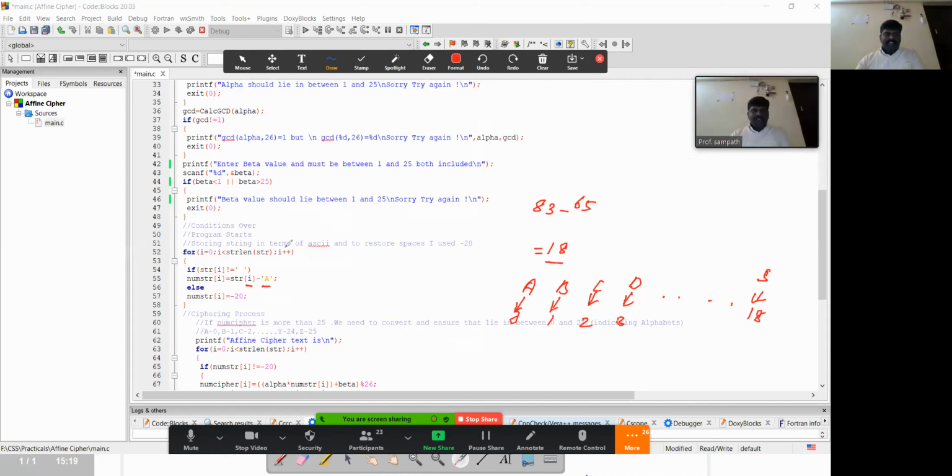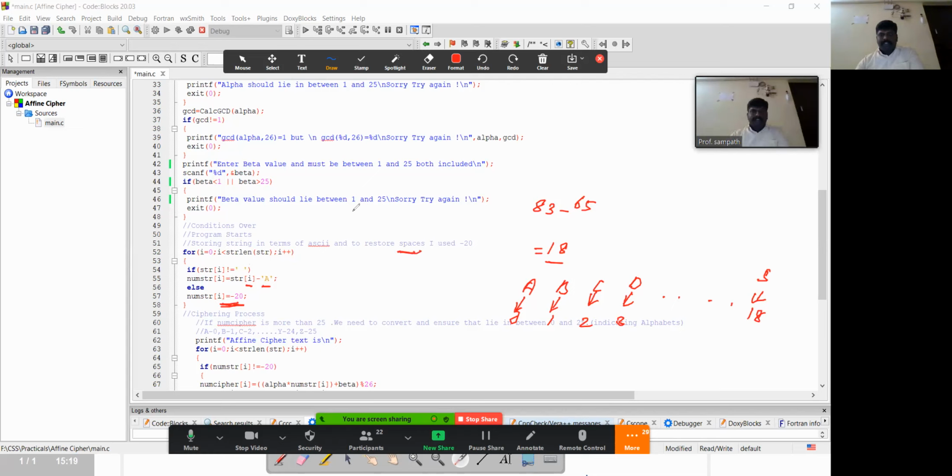Otherwise, if it is not a character, if it is an empty space, I'm going to consider it as minus 20, so that I can identify the space in between the characters. Suppose it is a capital letter, I subtract the A's ASCII value from the input character's ASCII value. Otherwise, if it is empty, I store minus 20. You can store any value; I'm storing it for the space.